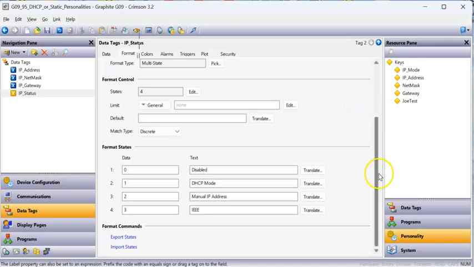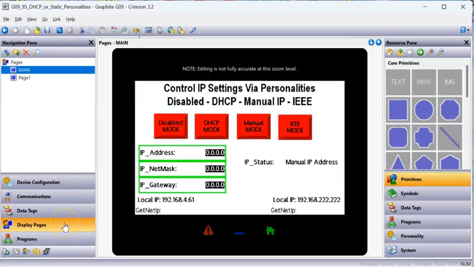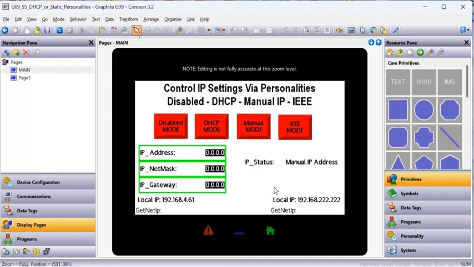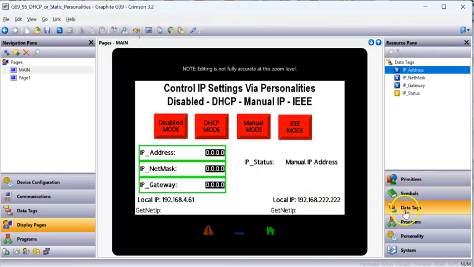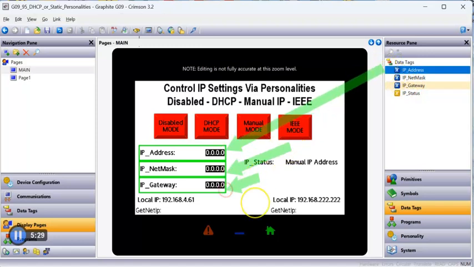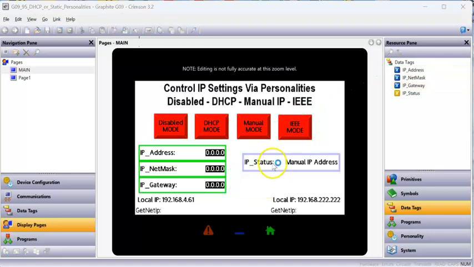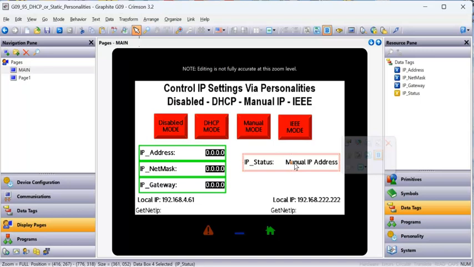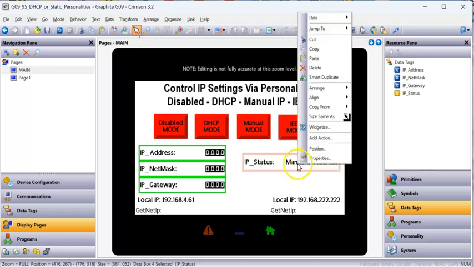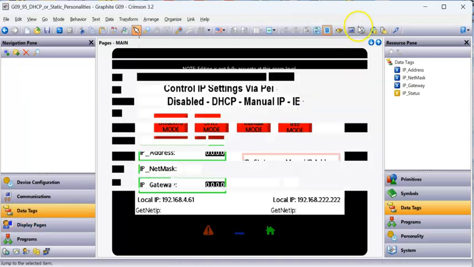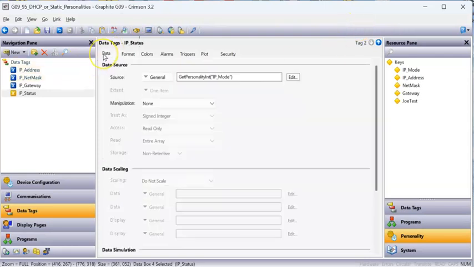Okay, so that covers that. Let's go over here to display pages. So on the display page, I went to the right side, data tags, and I dragged all of these out and made them data entry fields to allow the operator to change them. And then I also dragged out the IP status because I want to see if that changes. Now notice right now that here in Crimson, it says manual address. The reason it does that is because if I jump back to that tag,